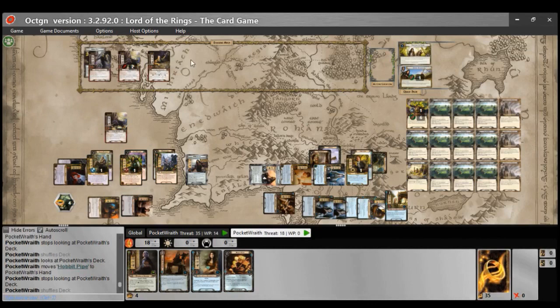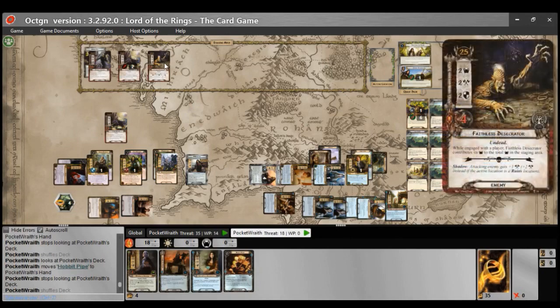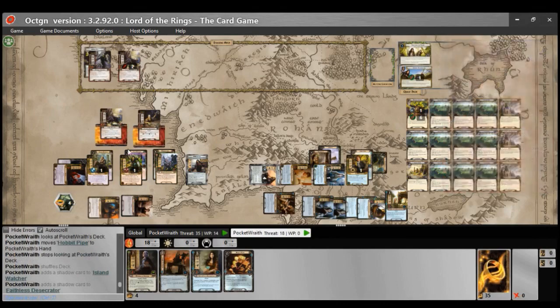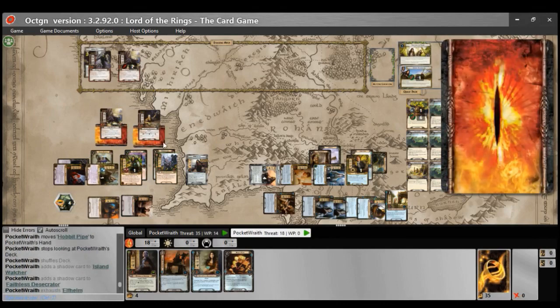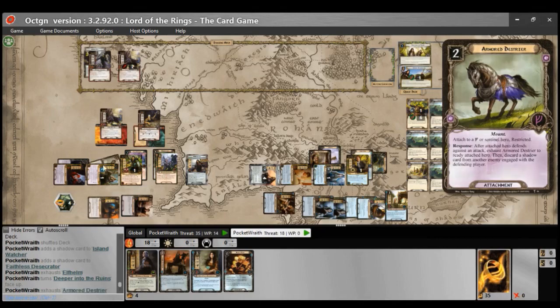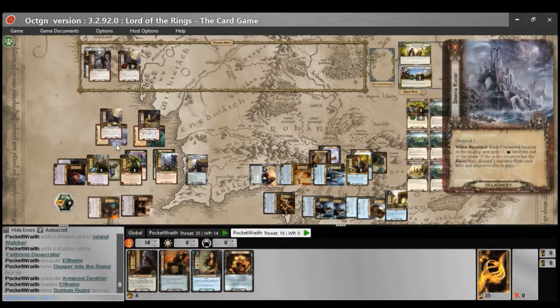Alright. So yes, I will actually have to engage this Faithless Desecrator, but that's fine. I defend the Faithless Desecrator with Elfhelm. No shadow effect. I exhaust the Armored Destria to ready the attached hero and then discard a shadow card from another enemy engaged with the defending player. So I discard this shadow card,